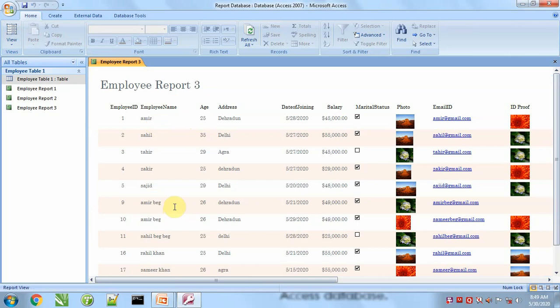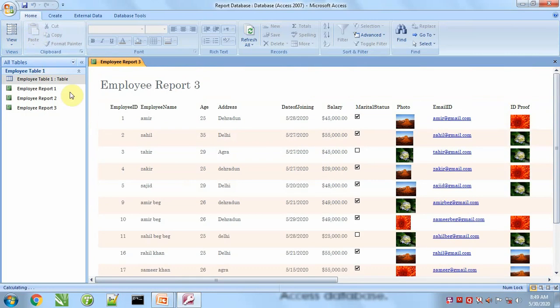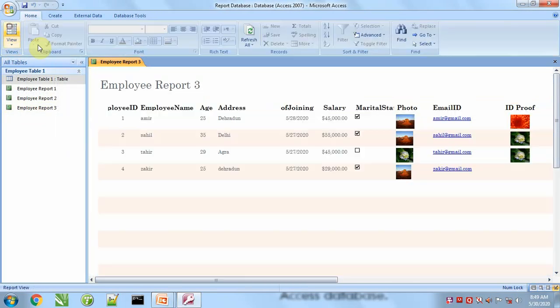Now this report is properly arranged. If you want to change heading, size or dimension, we can change here.